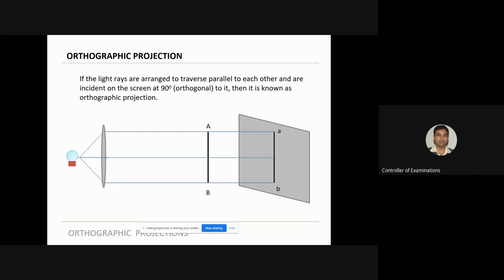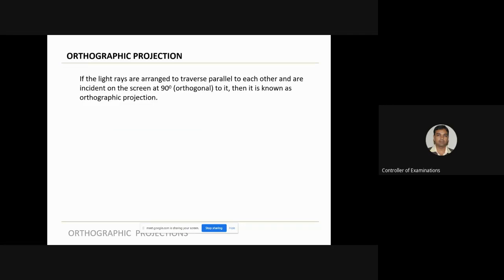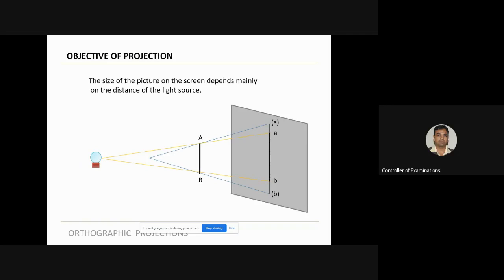So this is the concept of orthographic projection, and this is exactly what we are going to deal with. See, the idea why we should have a projection is because we want the true dimension, the true size of the object on the screen. Now, if you have object sizes like this, then can you make out the size of the object? The object here may be 1 feet and the image here may be 2 feet.